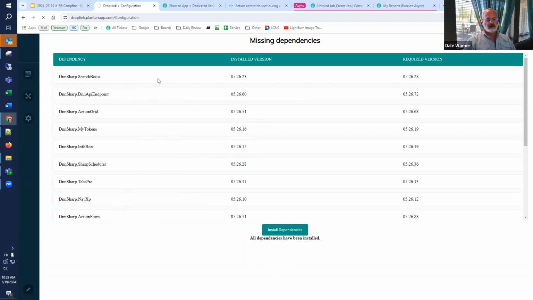What's happening when you install dependencies is it actually downloads all of these things. In this case it's probably 10, 20, 50 megabytes worth of stuff, and then it installs them all. But in his case, the installs sometimes don't succeed. So he'll get some and not others.